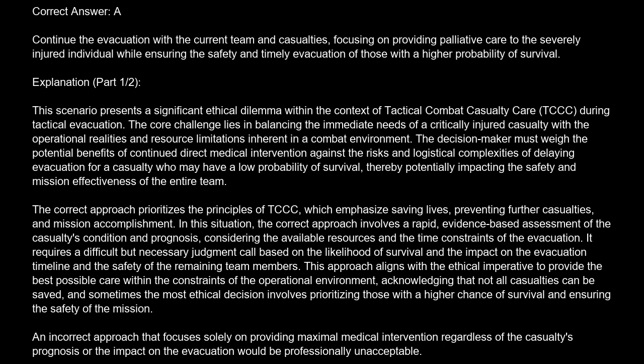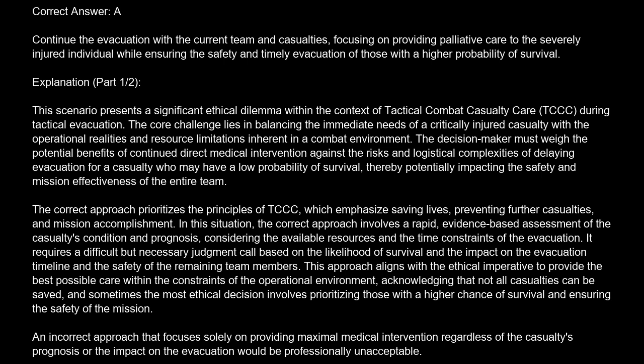Explanation. This scenario presents a significant ethical dilemma within the context of tactical combat casualty care, TCCC, during tactical evacuation. The core challenge lies in balancing the immediate needs of a critically injured casualty with the operational realities and resource limitations inherent in a combat environment. The decision-maker must weigh the potential benefits of continued direct medical intervention against the risks and logistical complexities of delaying evacuation for a casualty who may have a low probability of survival, thereby potentially impacting the safety and mission effectiveness